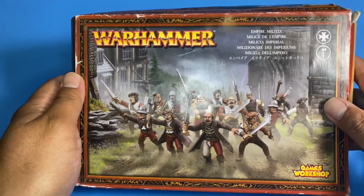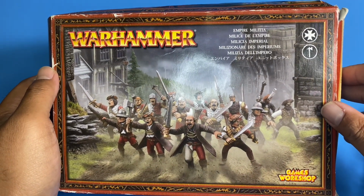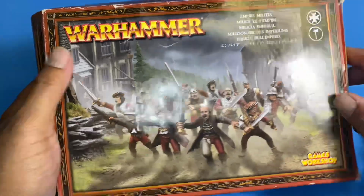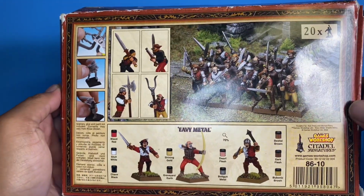Today we're unboxing the Empire Militia kit. They used to be called the Free Company, Militia. There were a number of names that went with this box. I picked them up a long time ago, as you can tell from the state of the box, but they